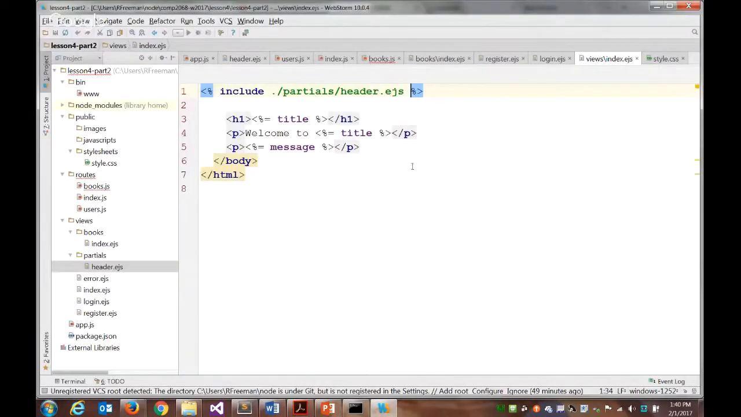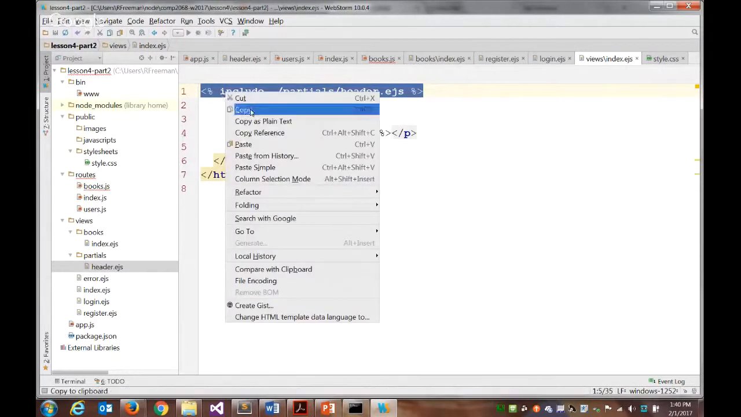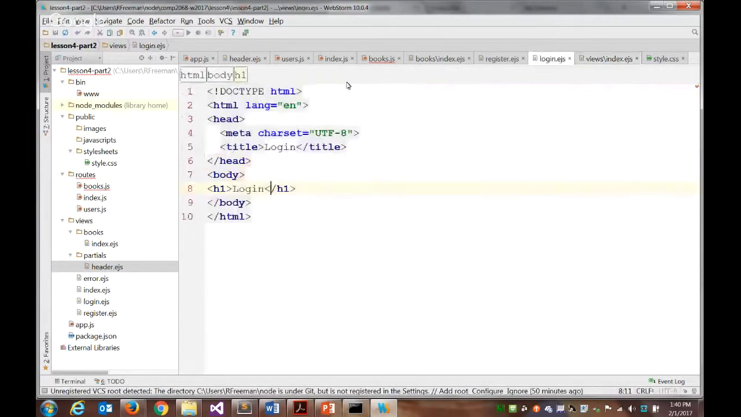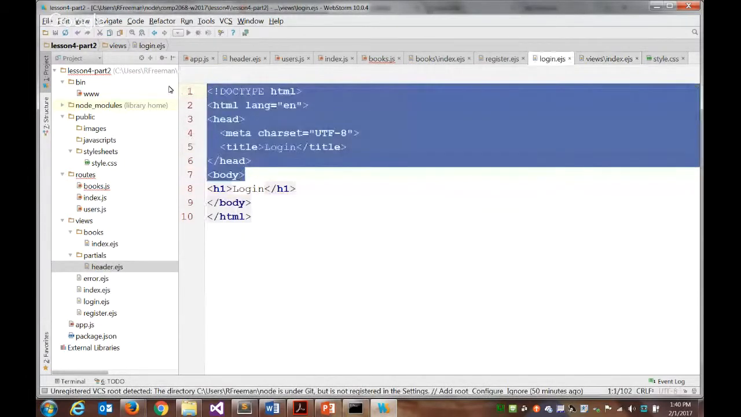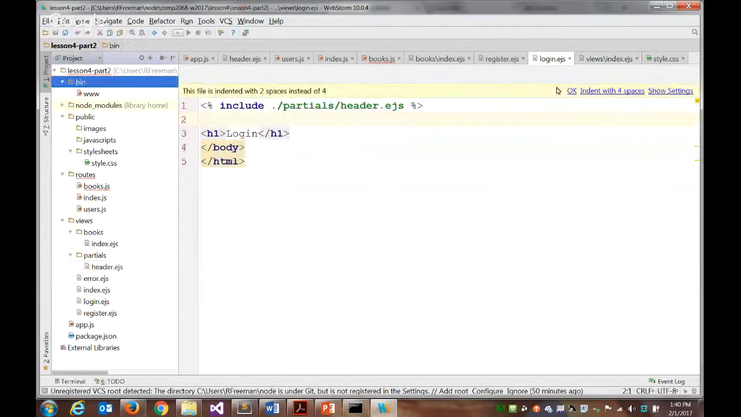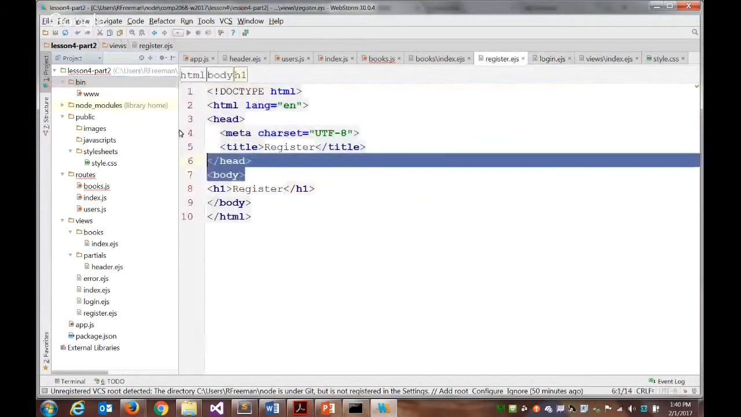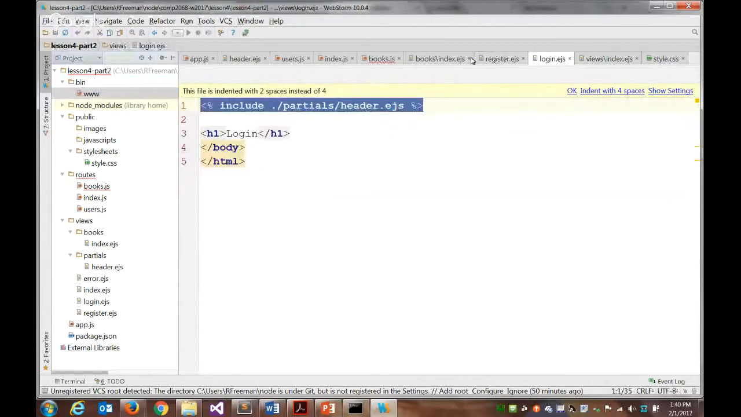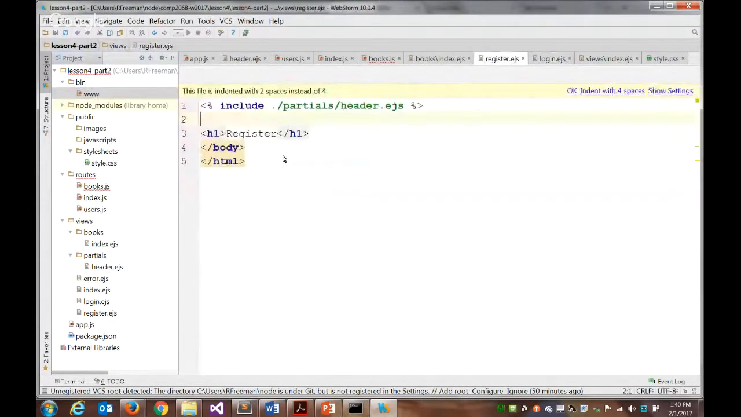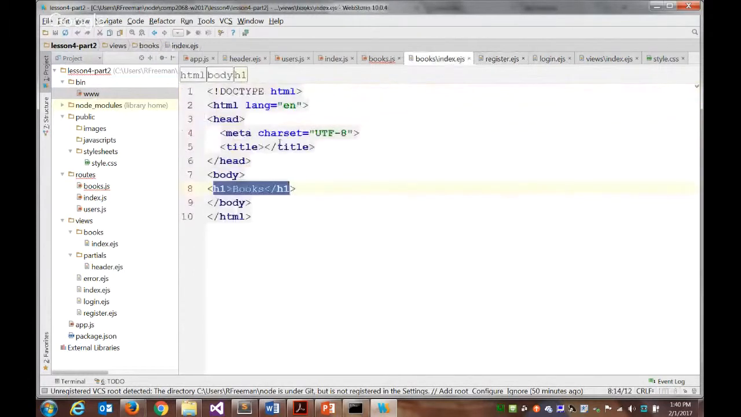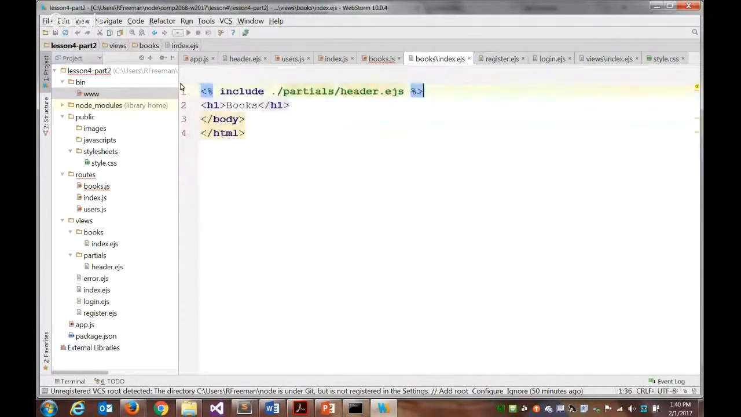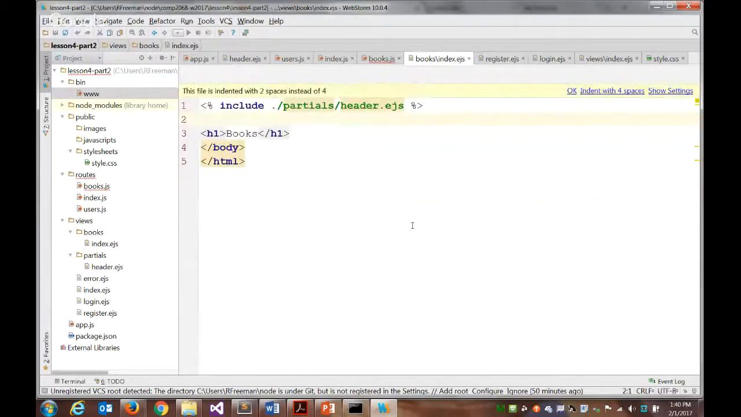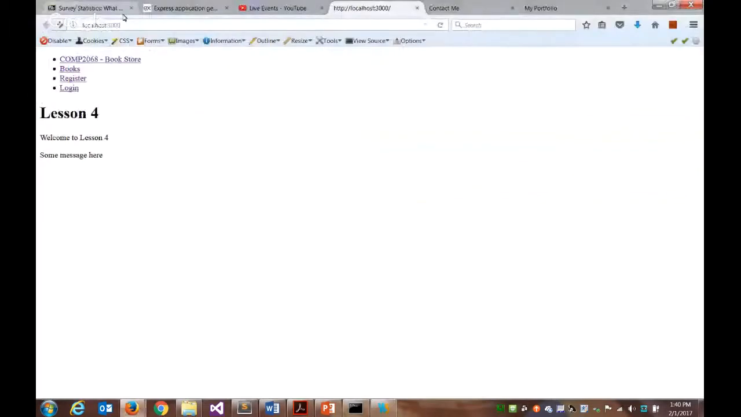So we just want to copy that first line to our three other pages. And we'll replace the HTML at the top. Grab it. We'll take out everything, including the opening body. We'll do it twice more. Our books should get the same. Once we do that,